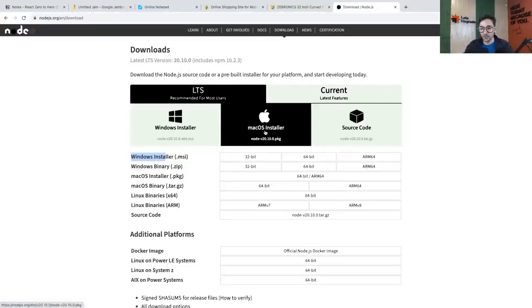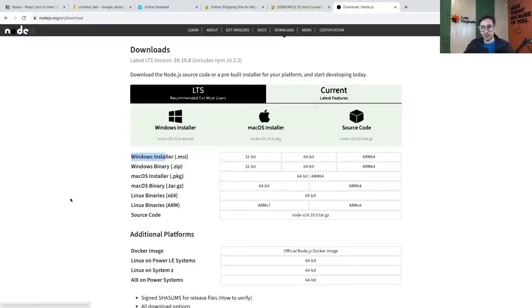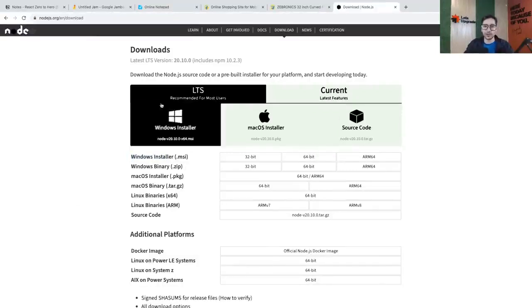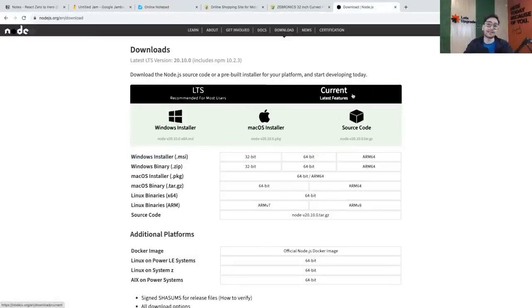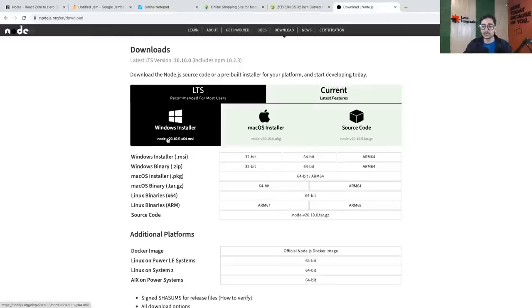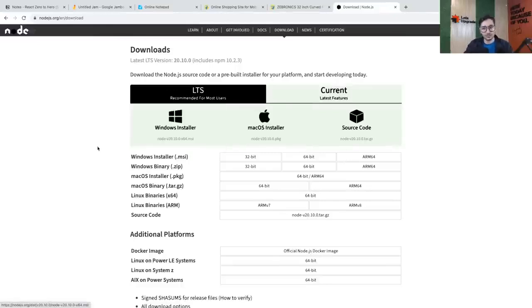So guys, again, just go here and download the LTS, the long-term support one, because the current one might have some bugs or something like that. Anything is fine, so just download it. And once you're done installing it, you just have to,